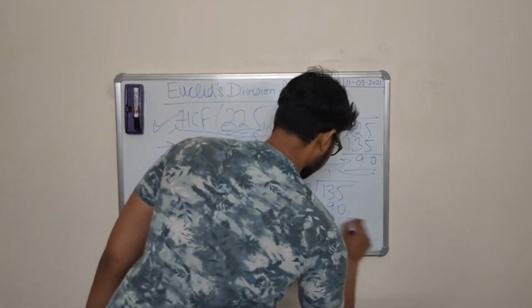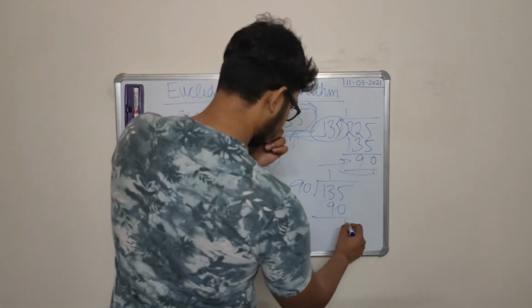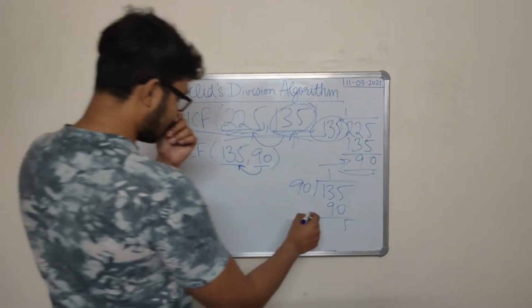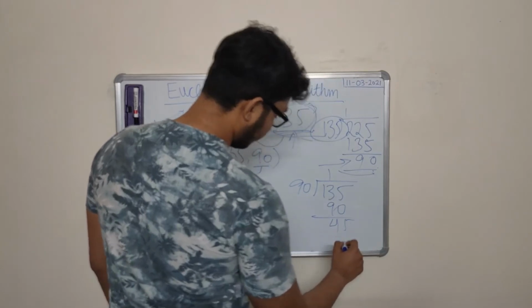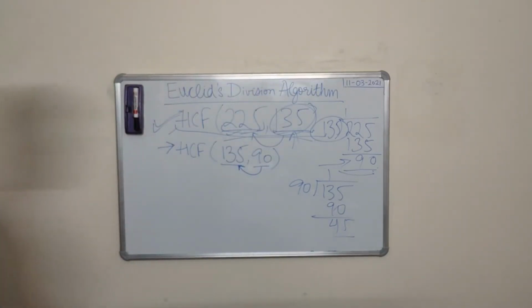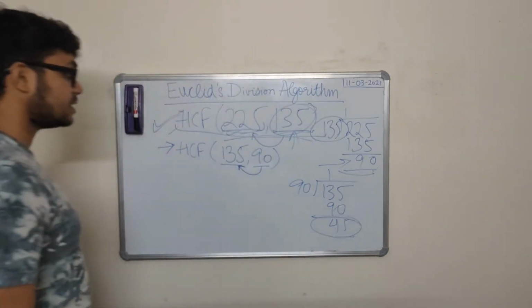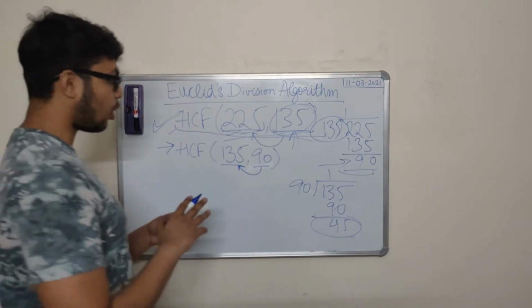I have 90 here, the remainder would be 5, and 13 minus 9 would give me 4, right? So now I have a new remainder here, which is 45, and you can observe